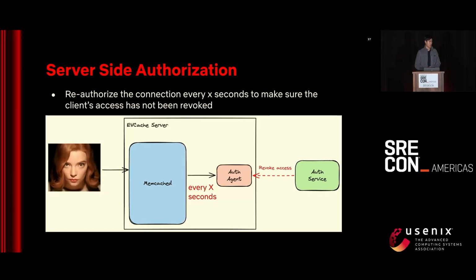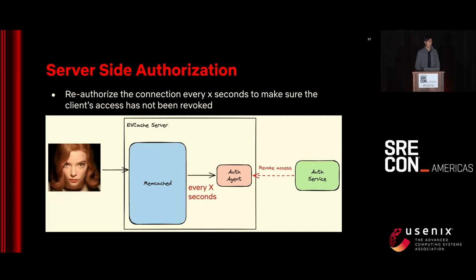It's because Beth's authorization to this cluster can actually be revoked at any time. So in the case where her access is revoked, we don't want that connection to always think that Beth is allowed to access this server. So if that access is revoked, the authorization service will push the updated policies to the authorization agent,